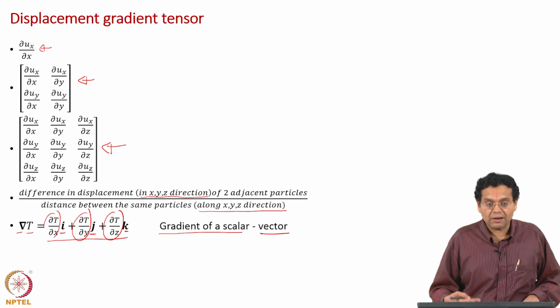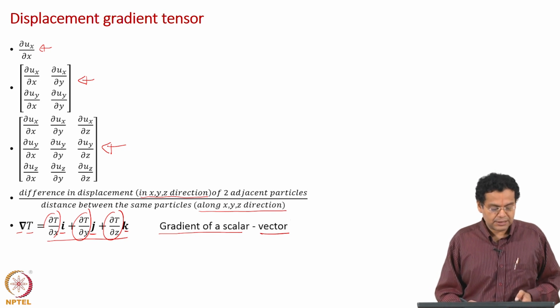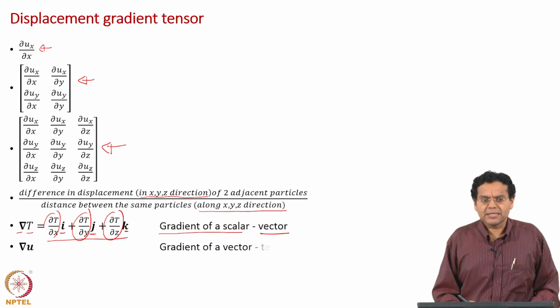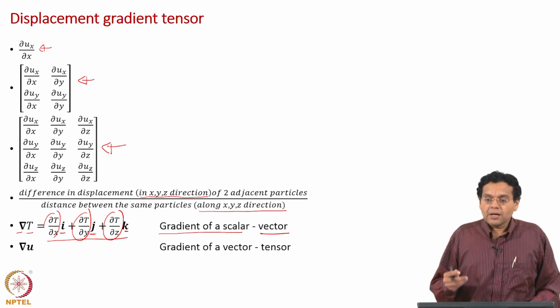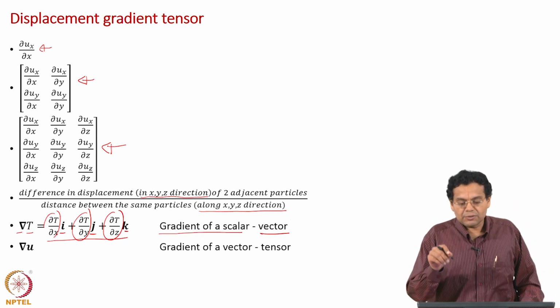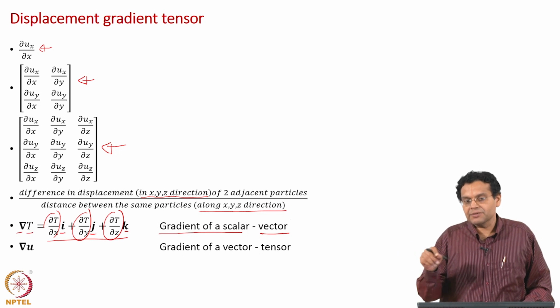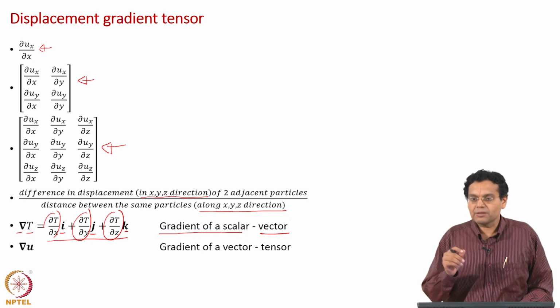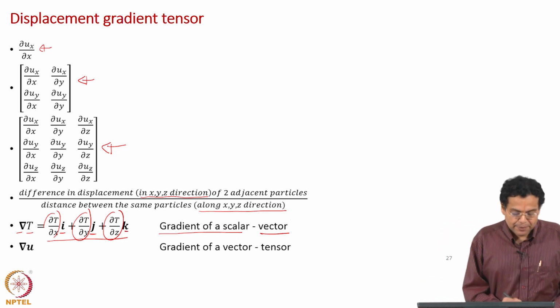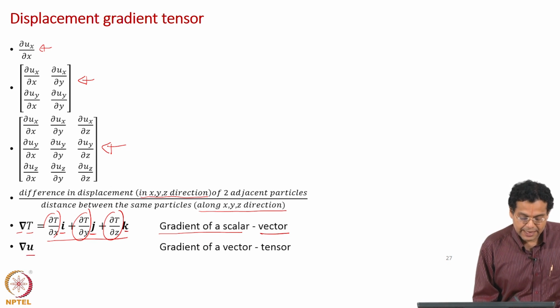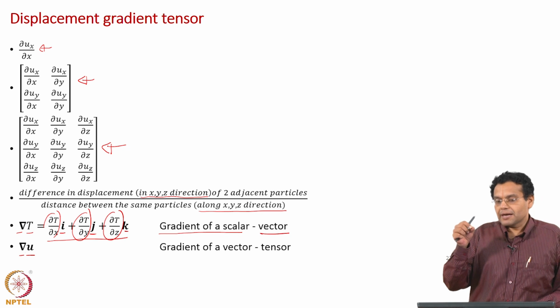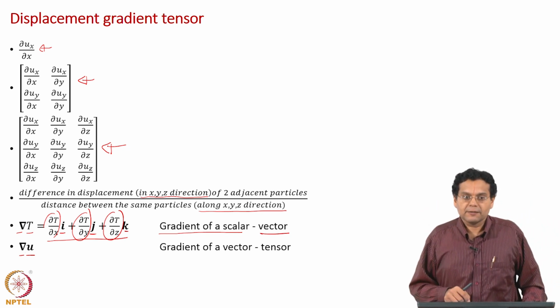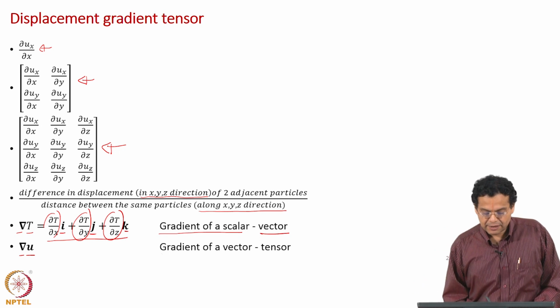Now, if you extend this analogously to displacement, what you have got is a gradient of a displacement. Displacement itself is a vector. Now, we are going to say how displacement varies along x axis, y axis, z axis. Instead of saying this, we said 2 particles, 2 points, and so on, because we did not yet use the formal statement. Let me repeat, displacement itself is a vector, and we are considering the gradient of displacement. So, we are attaching a direction on top of a direction, which makes the gradient of a vector a tensor.